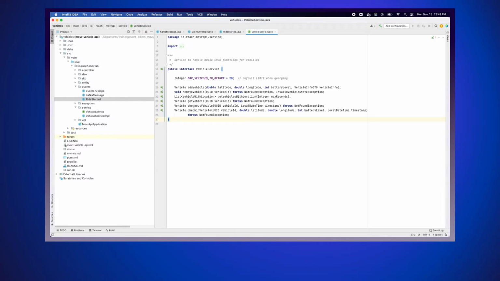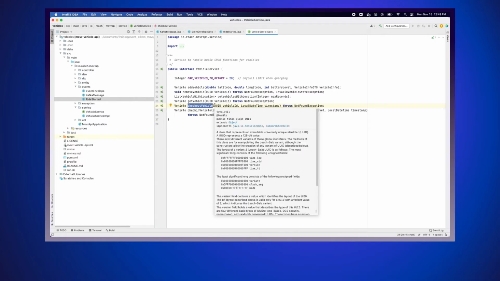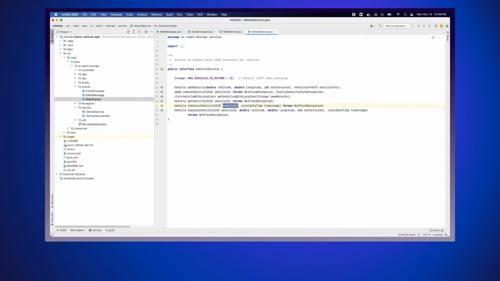Over in the vehicle service.java, you'll see there is a checkout vehicle, and that's what we're going to be calling when we actually implement this. And you see it requires a vehicle ID and a timestamp. So it actually doesn't take that much. So these are really the only two fields that we're actually interested in,